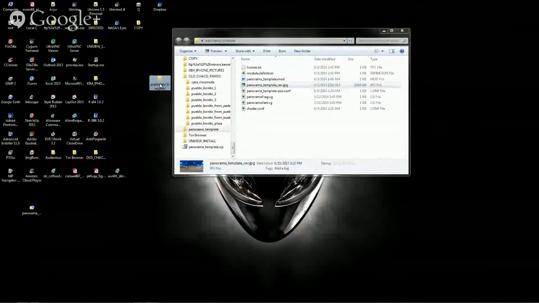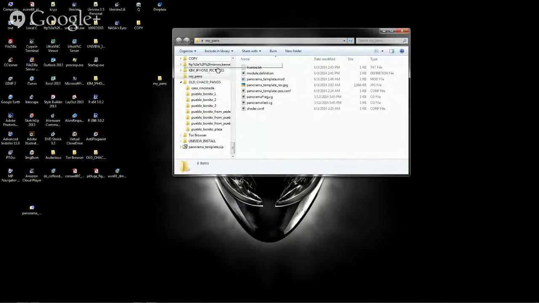So let's go ahead and pretend that we want to save this out as a completely different panorama module. So instead of Panorama Template, I'm going to call this my underscore pano. That's changed the name of the folder, and I'm going to assume that that will be the name of the module itself. But everywhere that I see Panorama Template, I'm going to change it to my underscore pano. So here, and we won't add a new panorama image. We'll just use the old one that came with this, but we'll go ahead and change the name as well. And then finally, also the